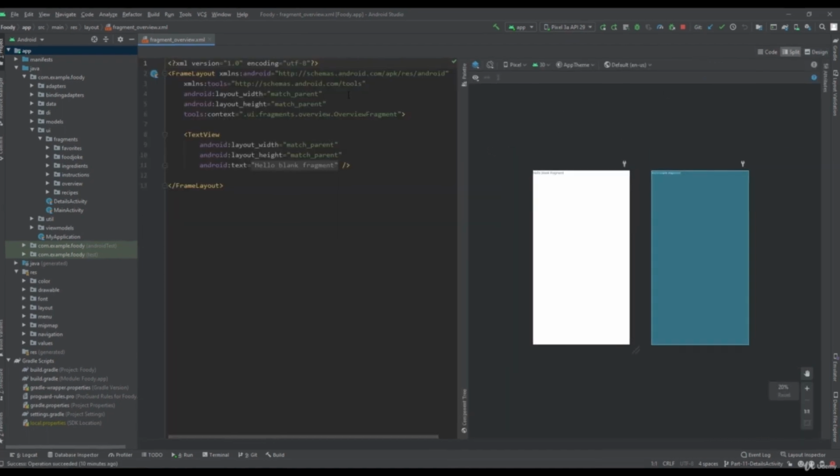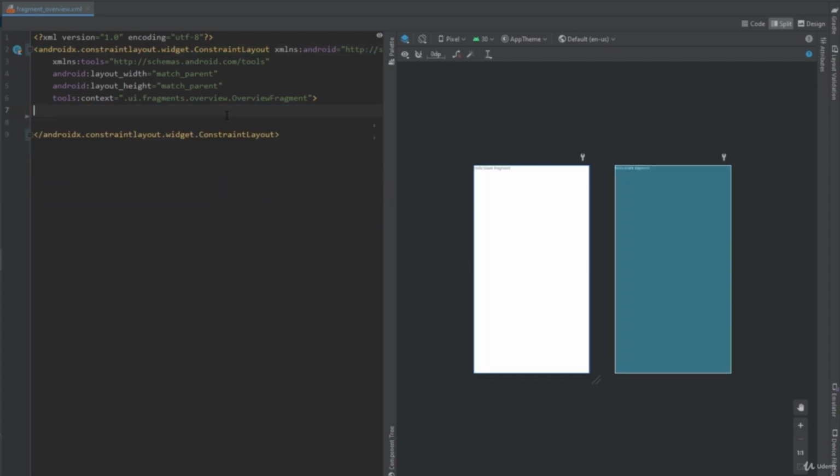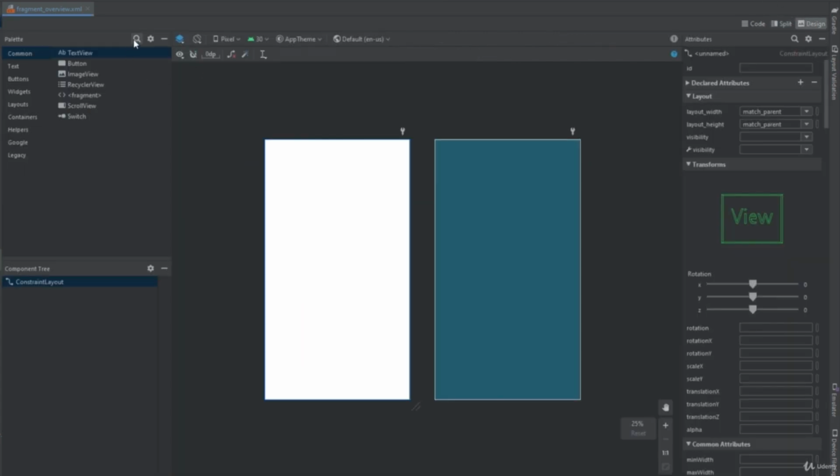Okay, so first we need to change the root layout element. So instead of a frame layout we're going to use a constraint layout. So let's add it here. Okay, so I'm going to remove this default text view, and first we need to add the one image view